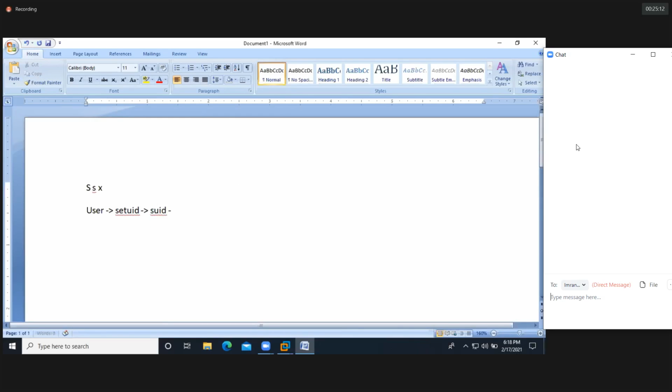How to set the user ID? chmod u+s, and then we need to provide the file name. I'm assigning the special permission for user using chmod u+s and then the file name.